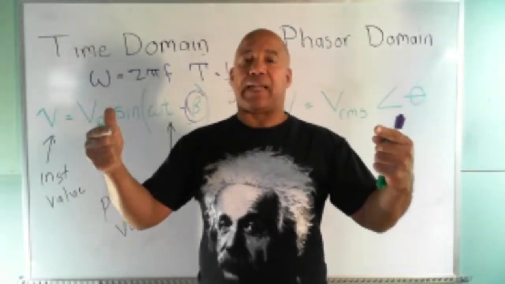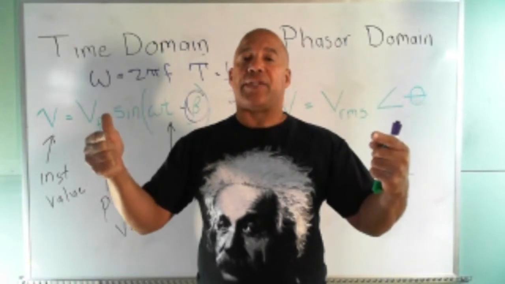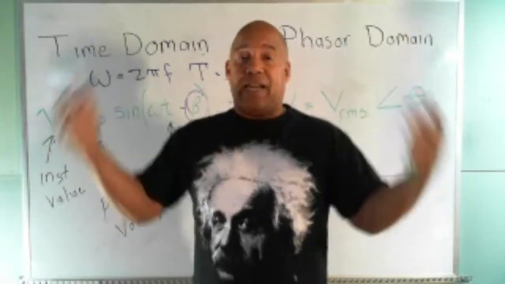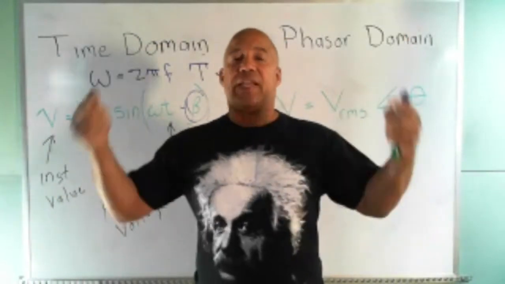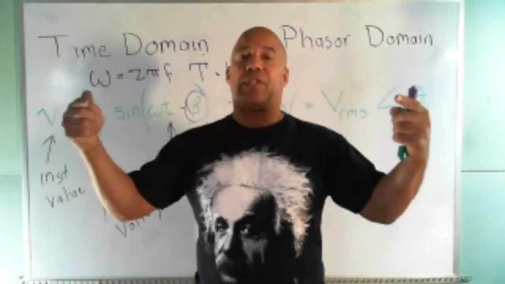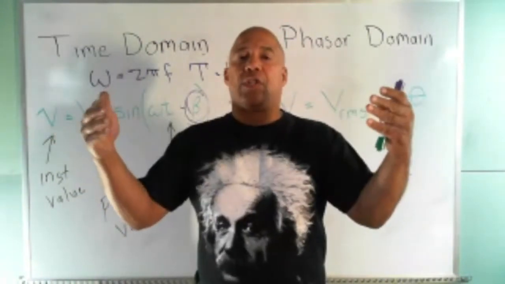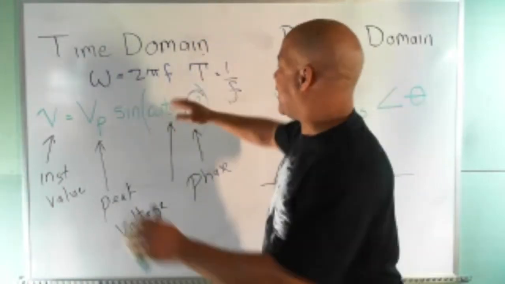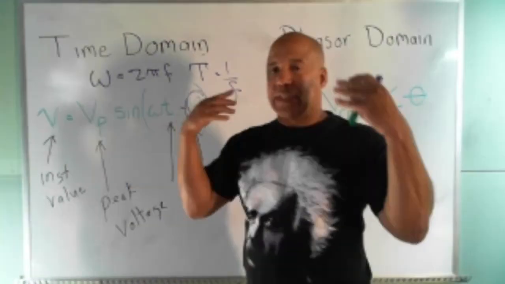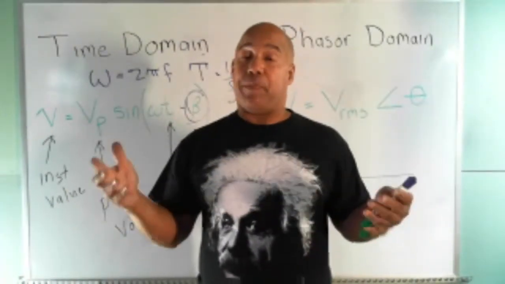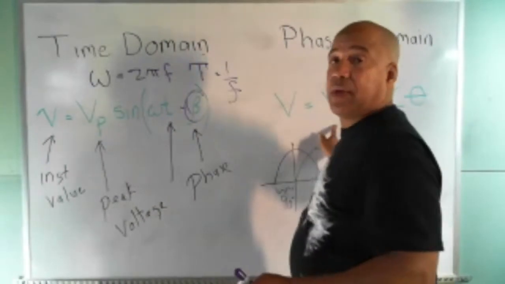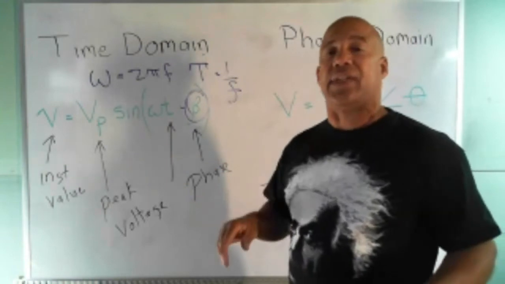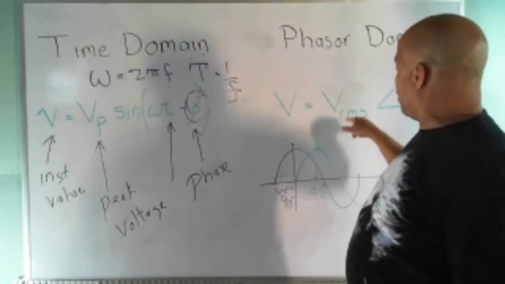I don't know who came up with that idea, but it's brilliant. Because when we deal with work or energy, there is no AC work or DC work. It's just energy. There's no AC energy and DC energy. Energy is energy is energy. So by equating the two, we remove from the whole equation whether we have something like DC that's constant or AC that's varying like a waveform, and we just look at how much electrical work it can do. So by expressing this in RMS, it allows us to take this signal and treat it as if it were DC. Anything we did in DC, we can now do in AC